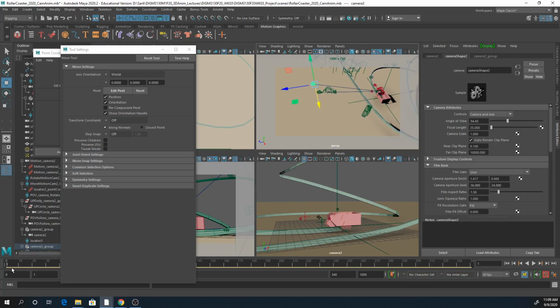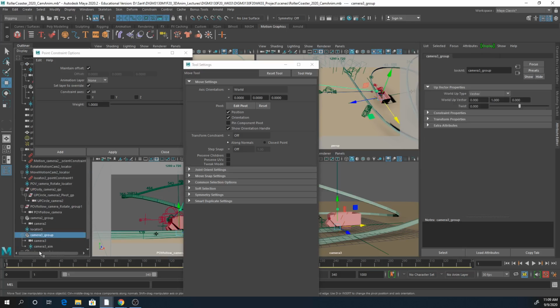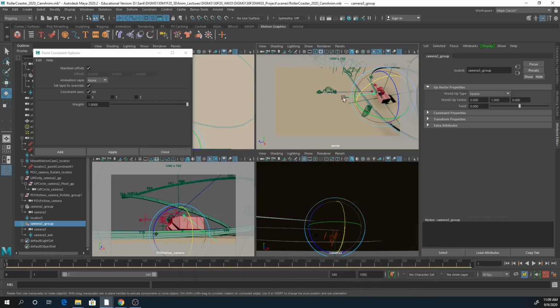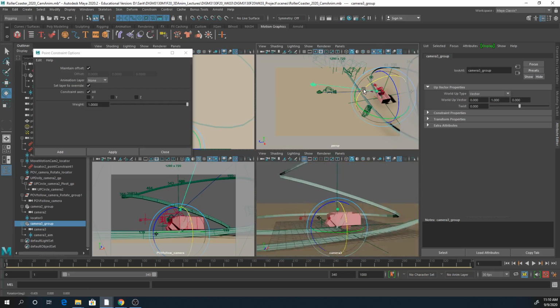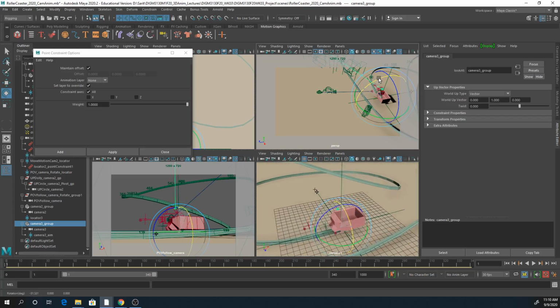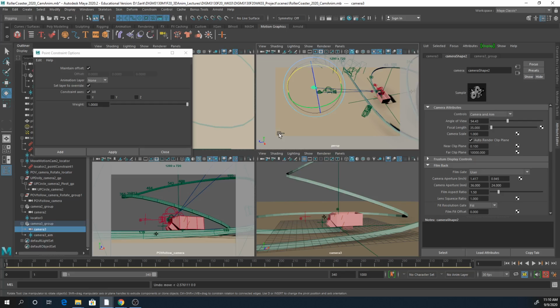Okay. So now I have this aiming going on right here. So camera 3, right? If I select that and I rotate, there we go. So now what we can do, if I do like this, is also changing the orientation of the aim. So what I can do, let me undo. Here we go. Okay. So what I can do though, I can add a little extra controller on the aim